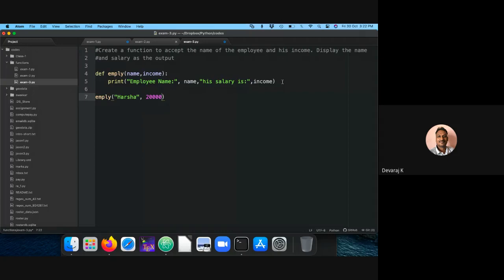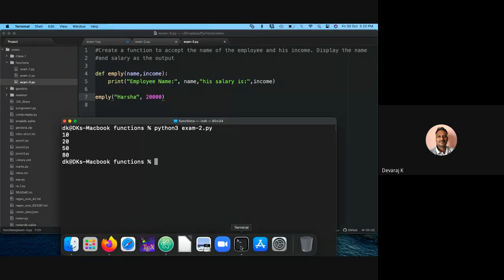So I'm trying to call it. If I'm going to save it and run this code, employee name is Harsha and his salary is 20,000.